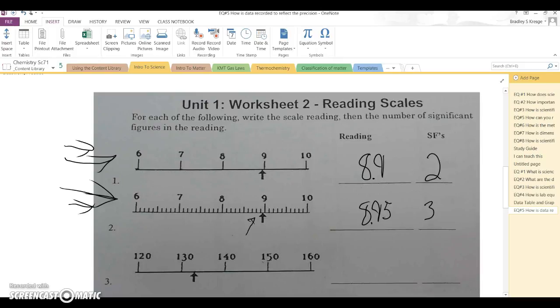So I should be able to tell or know that the second instrument was more precise than the first. If I think back to what the essential question is, how can we record data that reflects the precision of the instrument? It's done by writing down the digit for everything that you know for sure, because you have a marking for it, and then one